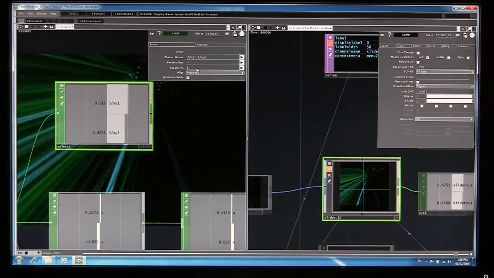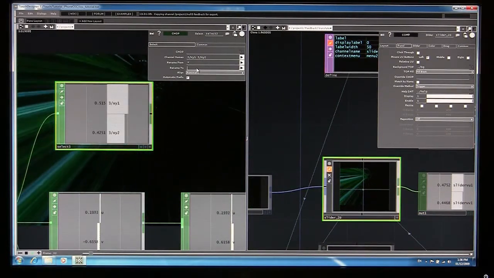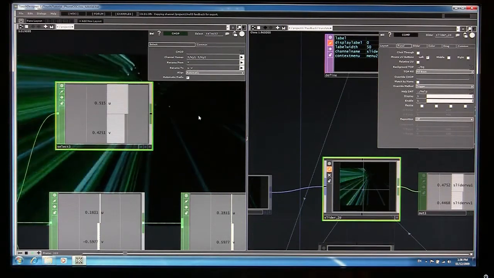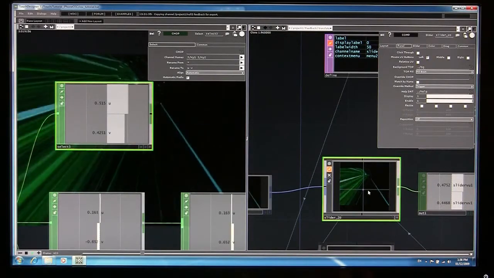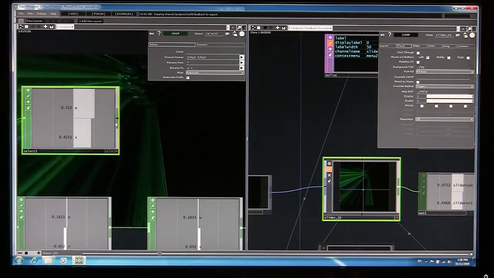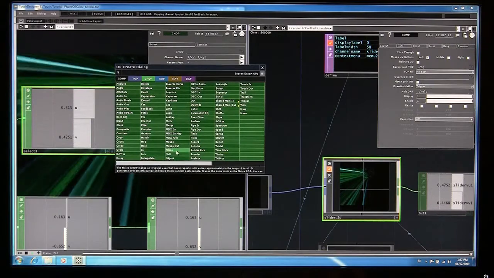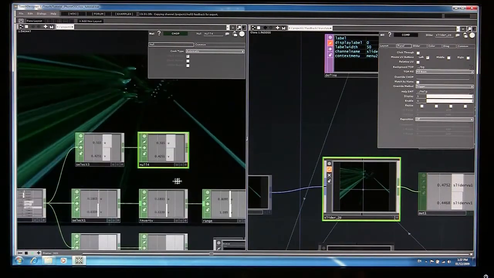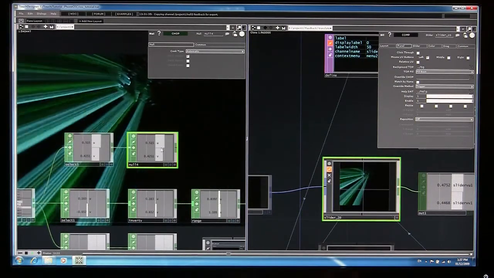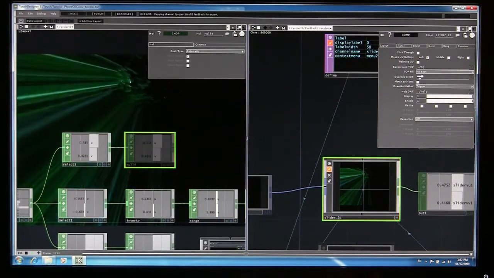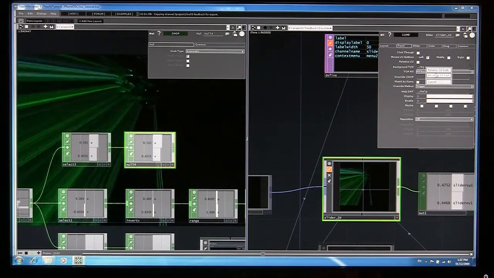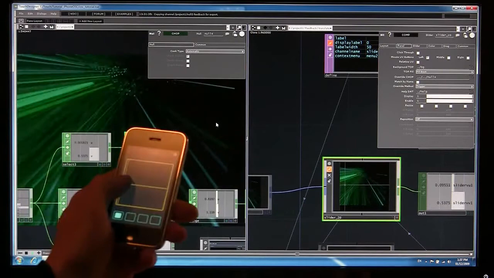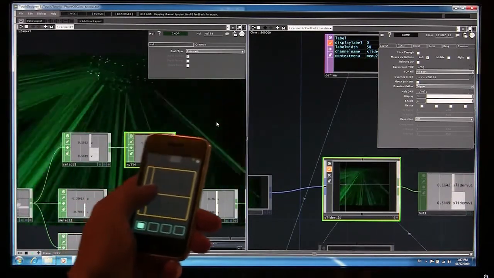And we'll rename them to U and V again. There we go. And then we'll append a null chop. And then we'll take this null chop and drag it over to the override chop parameter. Select relative path, and there's the connection. So you can see that that's already working